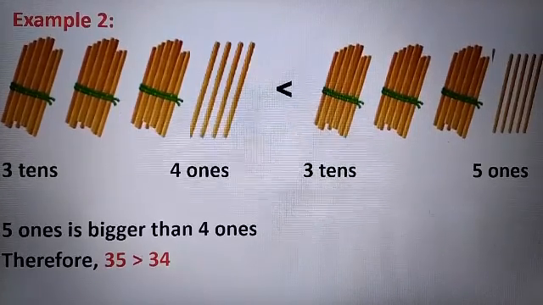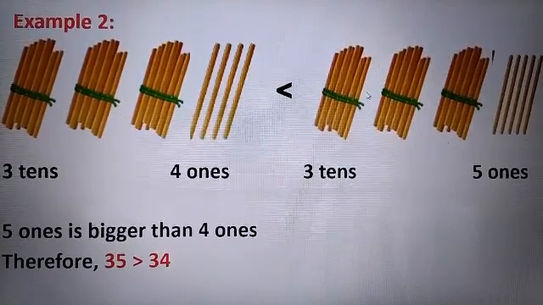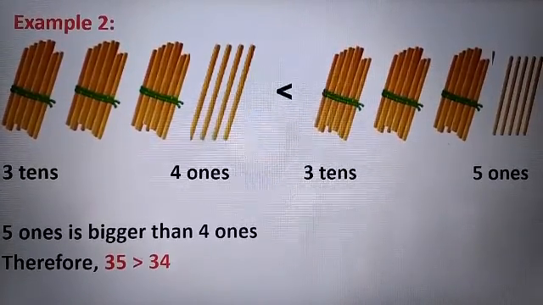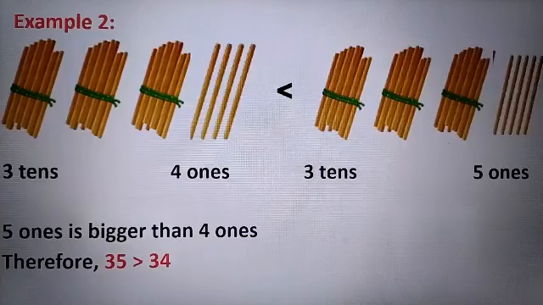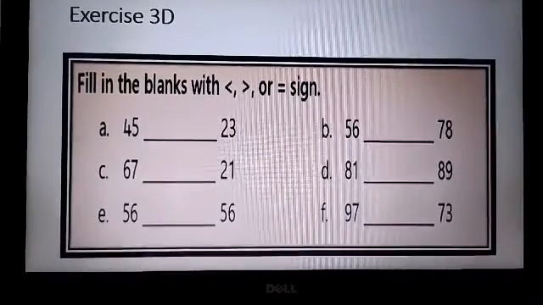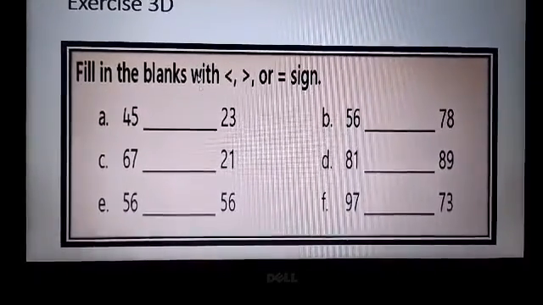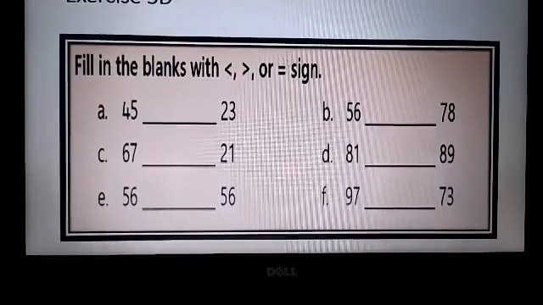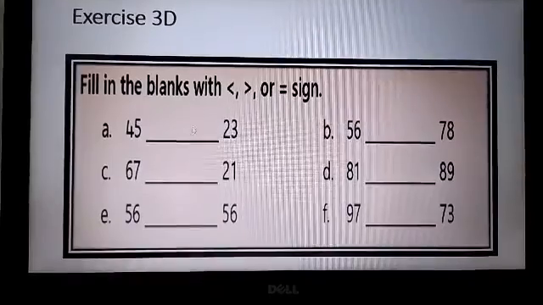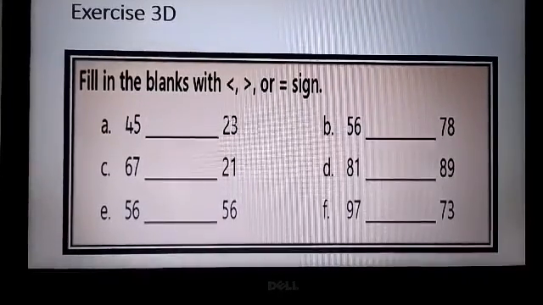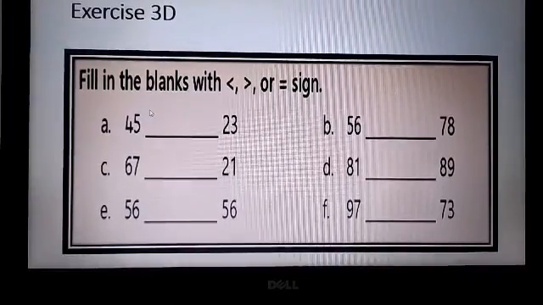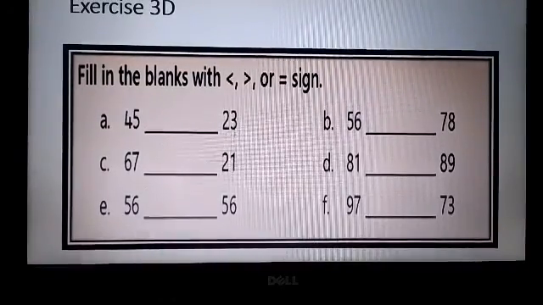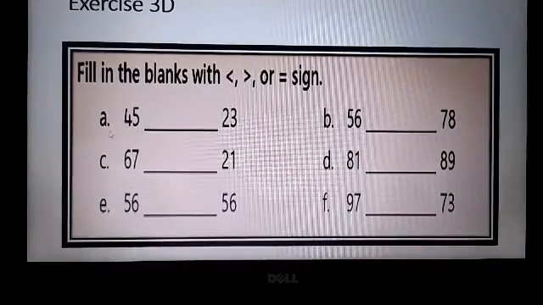So, here we have seen a few rules, you can say, for comparing numbers. Now, we are going to solve exercise 3D. So kids, let's solve the exercise. It's very simple and a very small exercise too. Fill in the blanks with greater than, less than or equal to sign. First one, 45 and 23. Now who will tell me the crocodile is going to eat which number? 45 or 23? See, on both the sides 2-digit numbers are there, right?